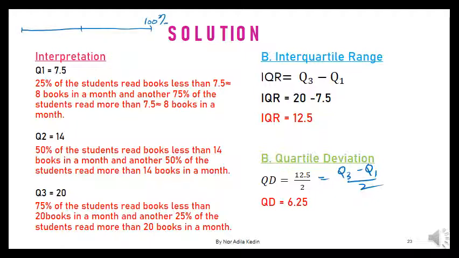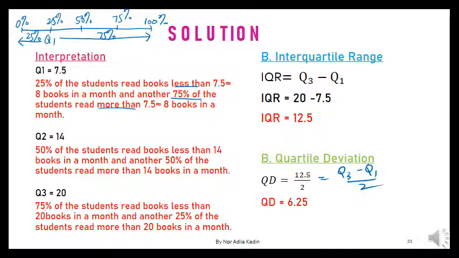Seratus peratus, 0%, tengah-tengah ni 50%. Di antara ni 25% dan 75%. Q1 dekat sini. So 25% less, the other 75% more than your Q1. That's why dia tulis kat sini 25% of the students read books less than 7.5 and 75% of them read